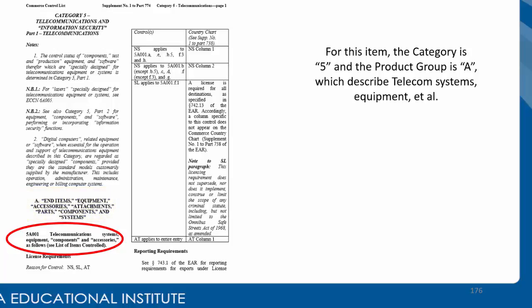So we know we're in the right place. Telecommunication systems was the description of the product. Now, we're looking to classify the item, determine where, most specifically, the ECCN citation falls. But before we do that, once again, trying to get us used to how to navigate the nomenclature of the